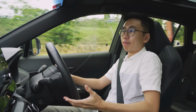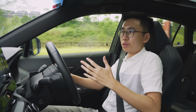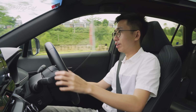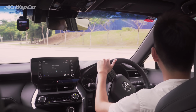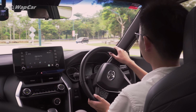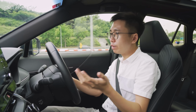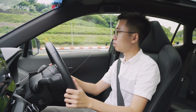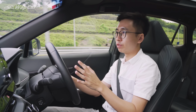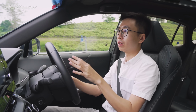I have to say, do I miss the power? Yes. But do I think that this is a downgrade from the previous generation? Not at all. But say you're just gonna use the Harrier day-to-day, traveling from work and back, not a lot of high-speed sections, not a lot of interstate travels, or even if you're gonna do a lot of interstate travels, but you're more light-footed, I think this Harrier's powertrain, the 2-litre naturally aspirated engine, would suit you a lot better compared to the turbo